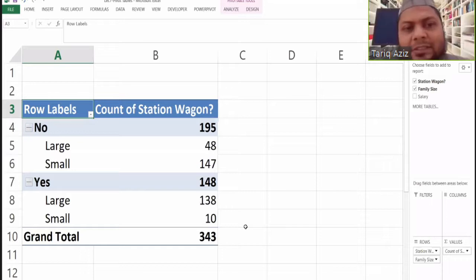So based on this table, we can say that if the family size is large, they are more likely to buy a station wagon, isn't it? And if the family size is small, then they are less likely to purchase a station wagon.